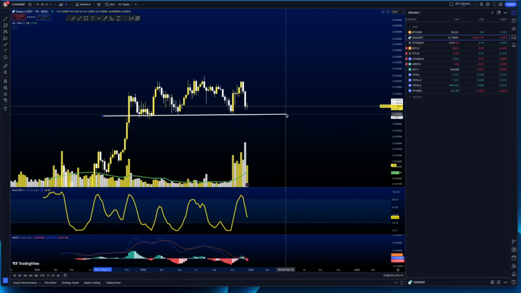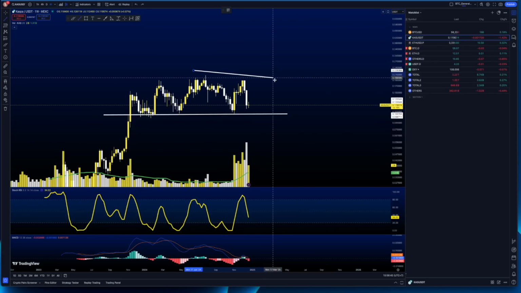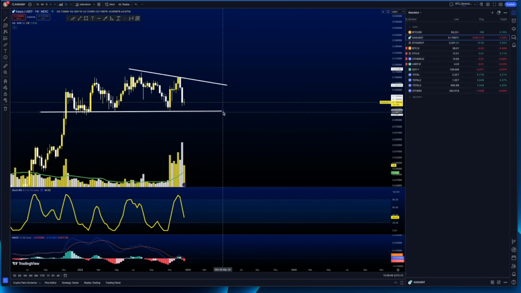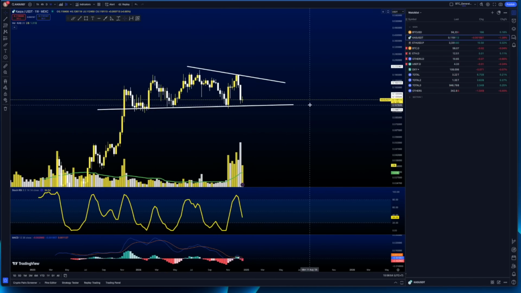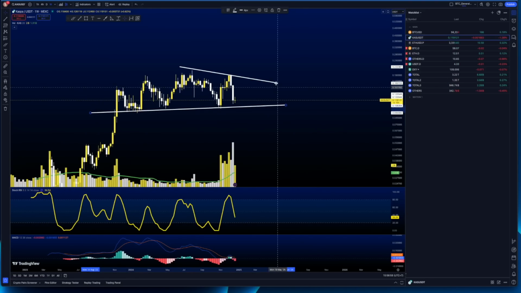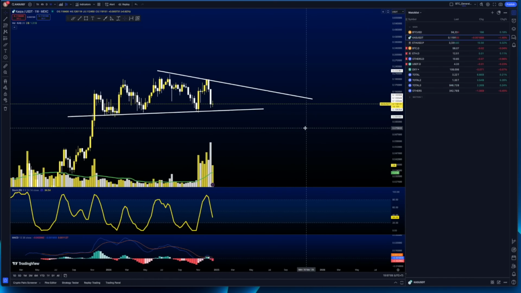Okay, so let me go this way. If I ignore these two highs and draw this trend line from here roughly, touching roughly this wick, we can potentially argue that Kaspa is doing something like a triangle, which is obviously a bullish pattern in this case, or potentially some kind of formation of a falling wedge. Nonetheless, I believe that Kaspa is obviously in search of liquidity, just like the whole crypto market cap.